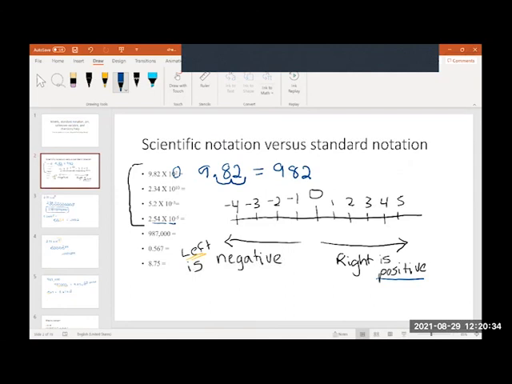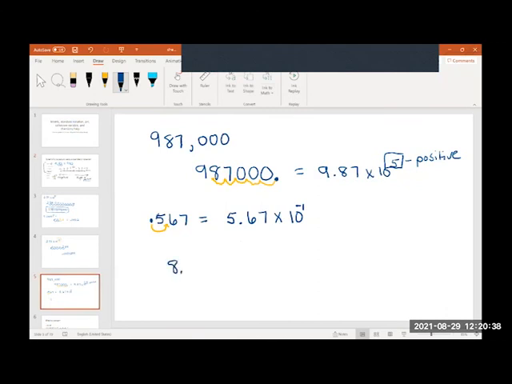Lastly, let's cover 8.75. How do you put that in scientific notation? It's not in scientific notation, it's in standard. And you might be saying, well, Kara, there's already just one digit from 1 to 9 to the left of the decimal place. What more could we do to this? Well, we need to put it in scientific notation. We would still say 8.75